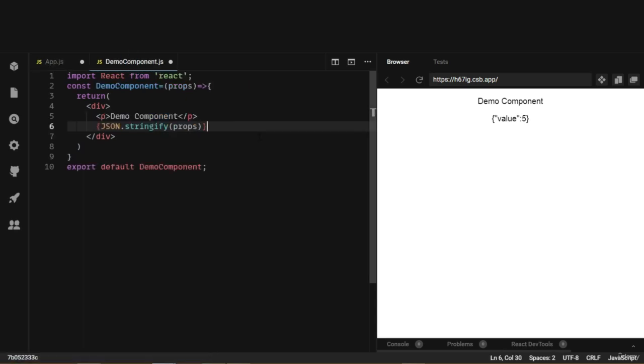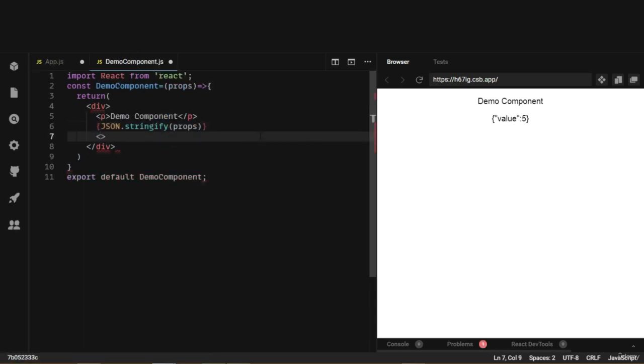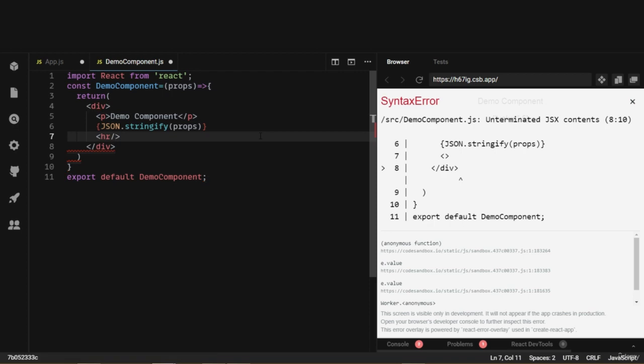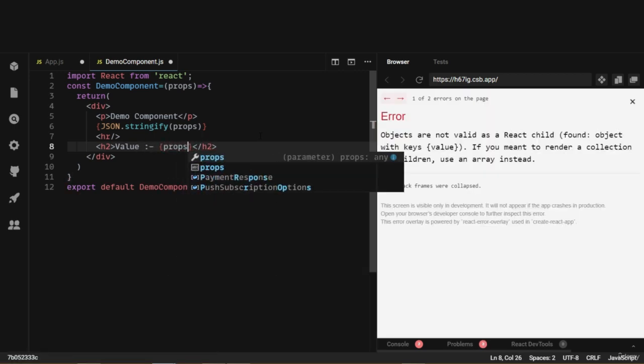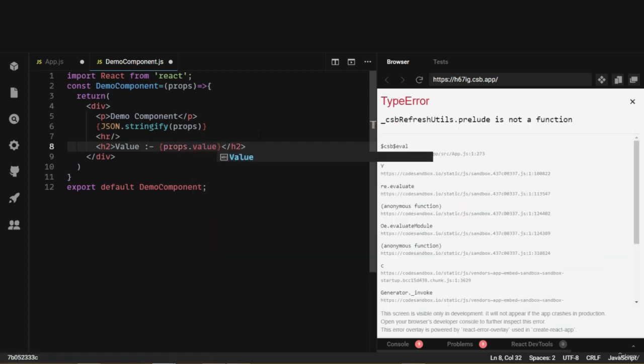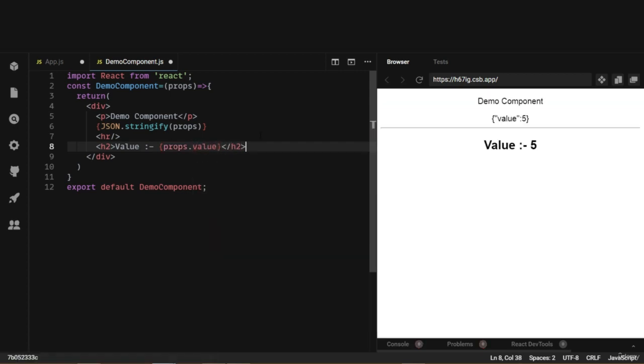So I'll put an HR here in the demo component. Let's have an h2 and I say value colon dash and open the curly brackets props.value and I end the h2. So here with the attribute value, I have written an expression which is evaluated in props, as you can see